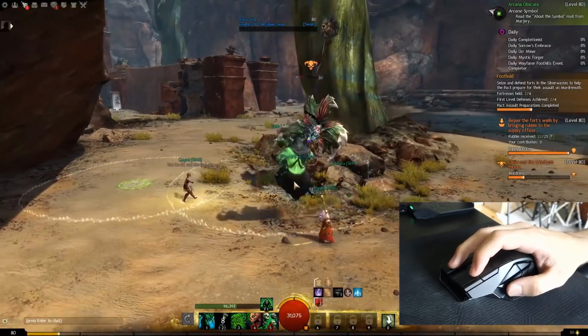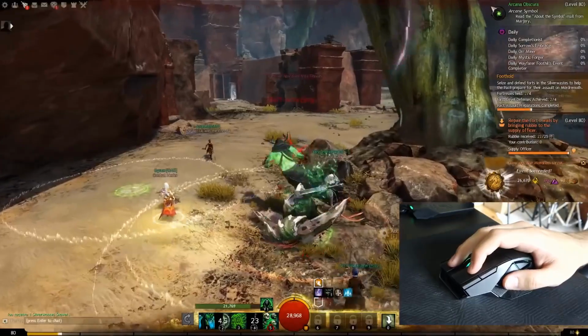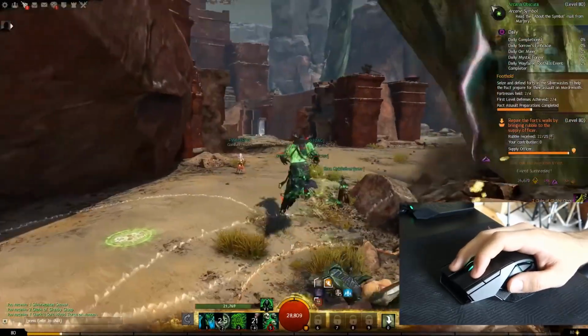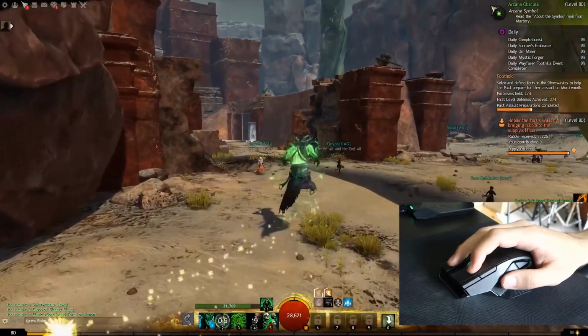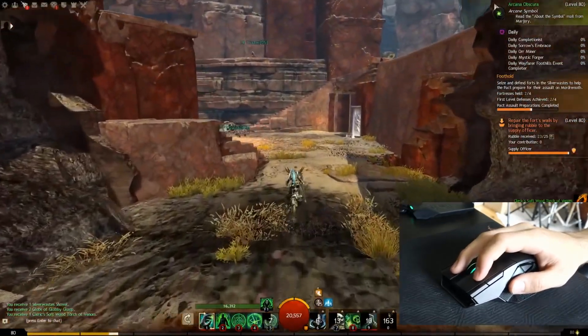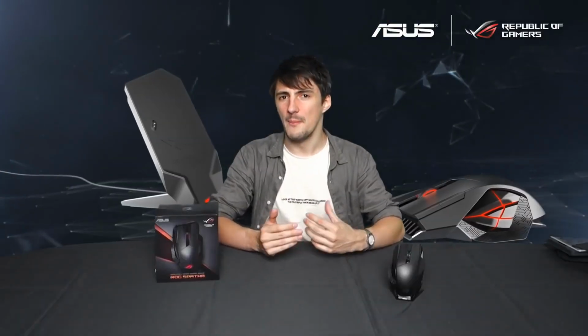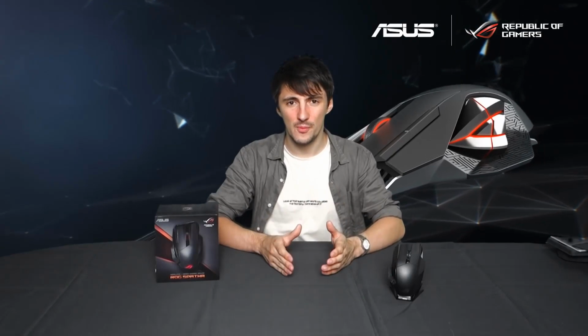It definitely feels like you have an advantage over players who have to reach all the way over to 0 to activate their elite skill, or resort to double tapping the movement keys to dodge. Now I've played Guild Wars 2 with a Spatha, I really don't want to go back to a standard keyboard and mouse setup. Although I've only had a short go, I must say that overall I am really impressed with